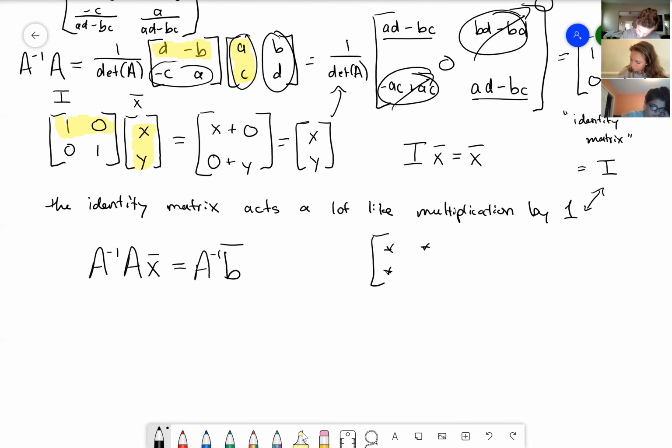This was a 2 by 2 matrix, which I'll draw like this. And then it was a vector, which was a 2 by 1 matrix. And so when we did the multiplication, we took this column and multiplied by this row, and corresponding entries added up. Now, if I was doing things the other way and multiplying by A inverse on the right-hand side, what we would end up with is instead